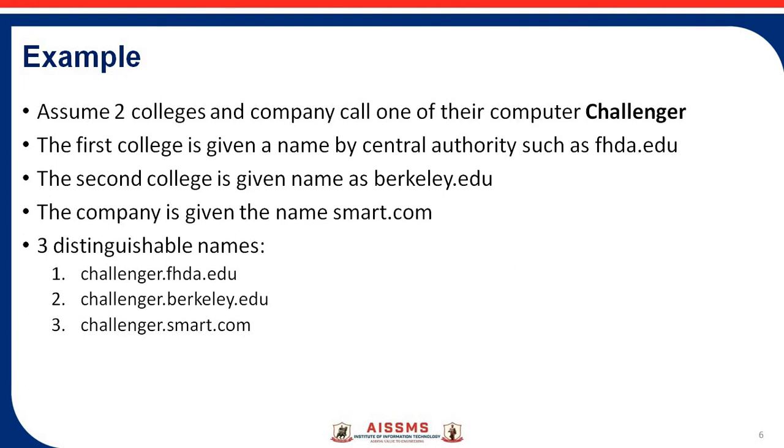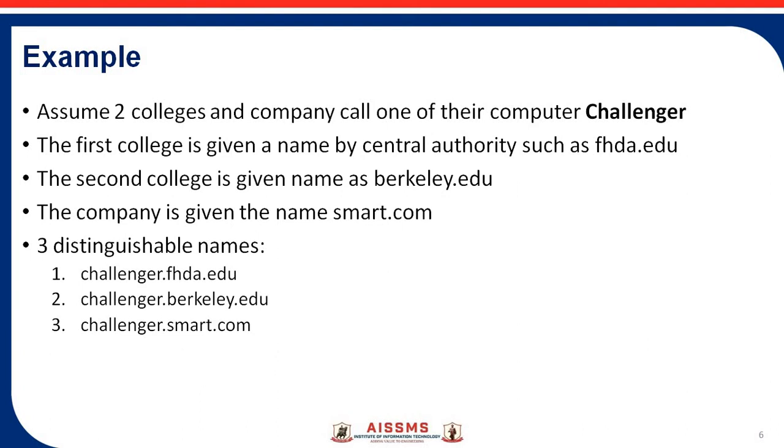In a hierarchical namespace, each name is made up of several parts. The first part can define the nature of the organization. The second part can define the name of an organization. And the third part can define the department in the organization, and so on. In this case, the authority to assign and control the namespace can be decentralized.